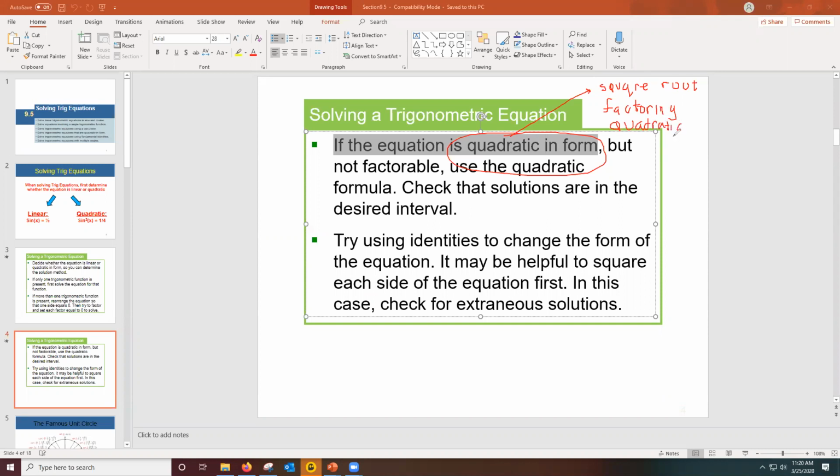So if we can use the square root property, we'll use that. If we can't use the square root property, we'll try to use factoring. If we can't factor, we'll have to use the quadratic formula. Okay? All right, so as we work through this, by the way, if anyone wasn't here for Monday's discussion about